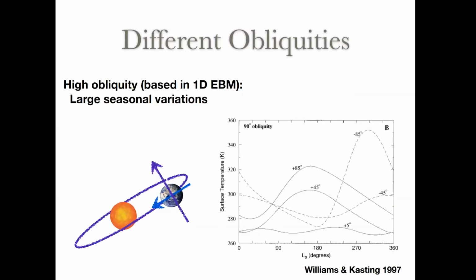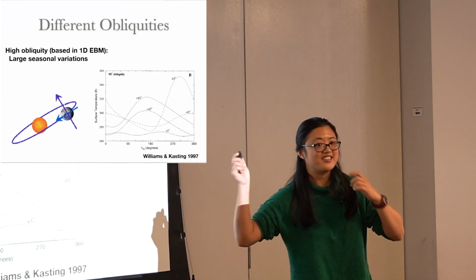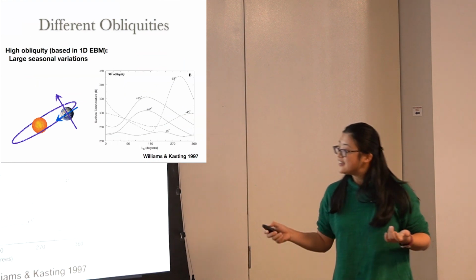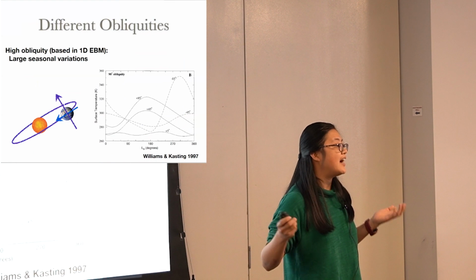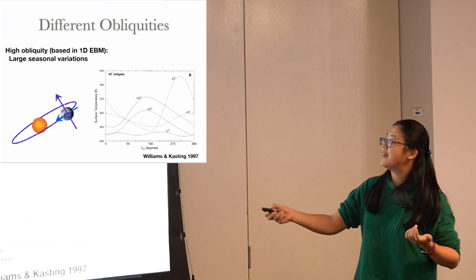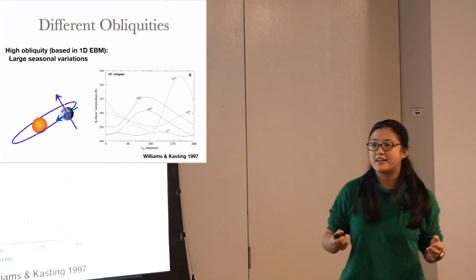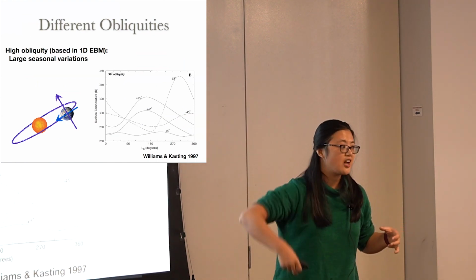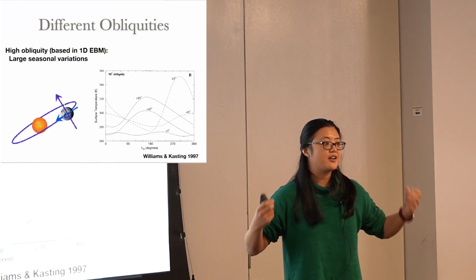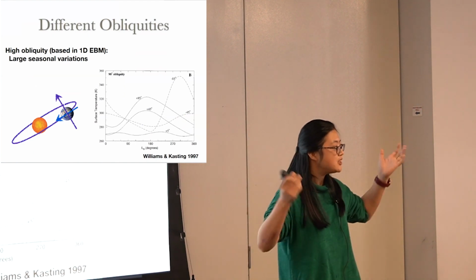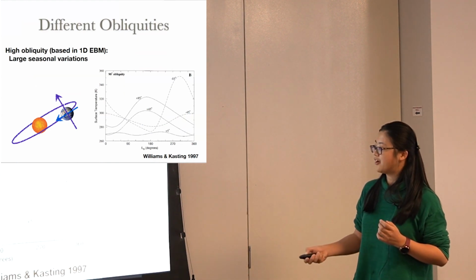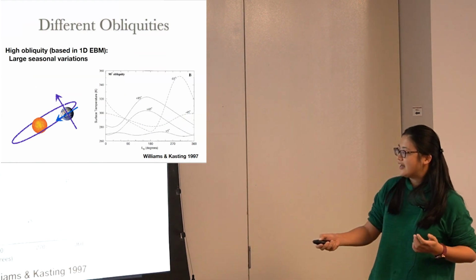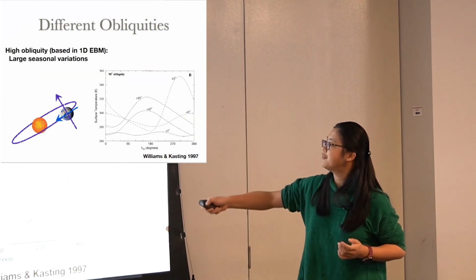So back in 1997, inspired by the case of a moonless Earth, where Earth's obliquity can have large variations, Williams and Kasting were thinking about what would be the climate of the Earth if it has large obliquity. They ran one-dimensional energy balance models looking at the energy absorbed from the star, also reflected from the cloud, and also thermal emission from the Earth. Equating this together, they can obtain the surface temperature of the Earth as a function of its latitude for different